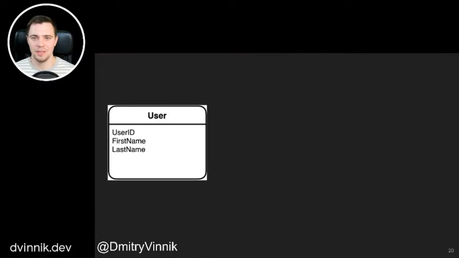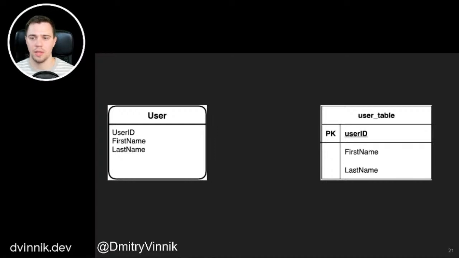But ultimately, in simple terms, imagine you have an entity, user, in your code with a certain number of attributes: user ID, first name, last name. Then you have a table in your database with the user ID, first name, and last name, that basically maps to your object.